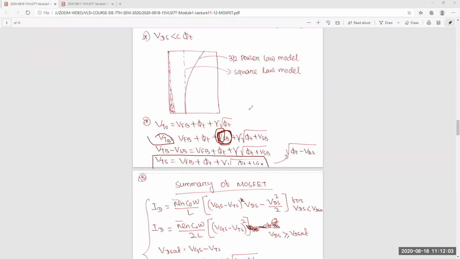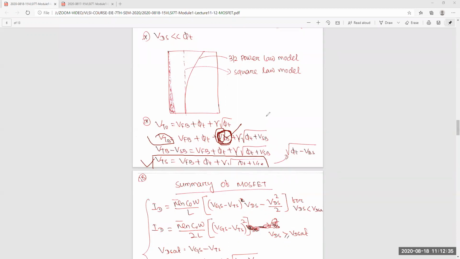Got it or not? Everyone understood this part? Yes, sir. Pacheta, Satabdi, already you have covered this, so now you can understand the difference. If you do the calculation with the bulk, this term will come. But when you calculate to the source, this term will not come. Have you marked this point? Yes. Okay, good.